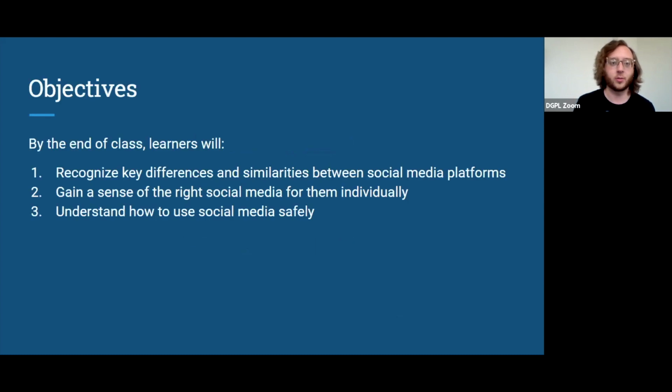We're going to go over our objectives. By the end of the class, learners will, for one, recognize key differences and similarities between various social media. There's a lot of common elements that you'll find, but the communities that you might participate in there will vary.